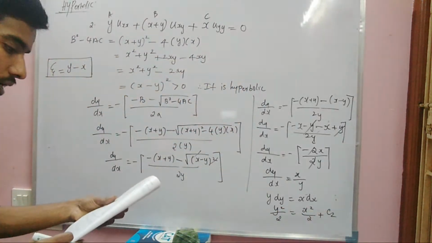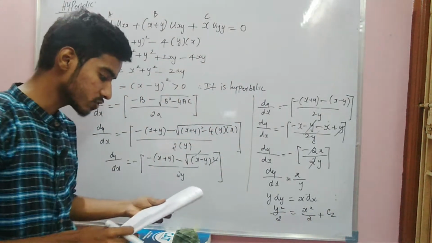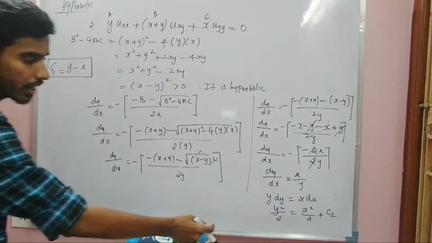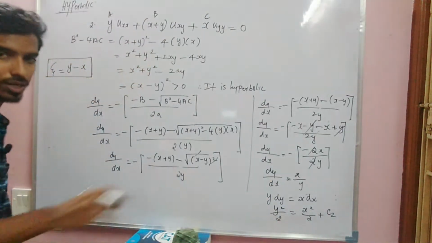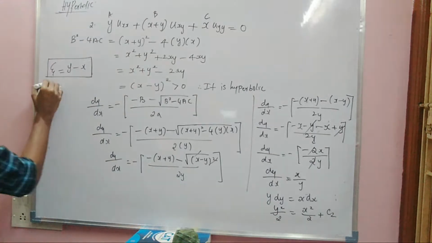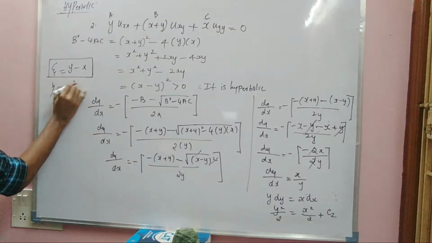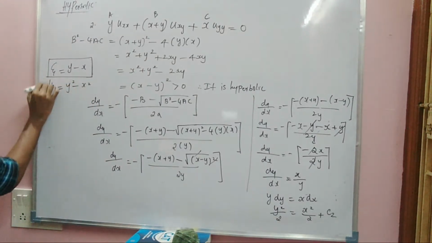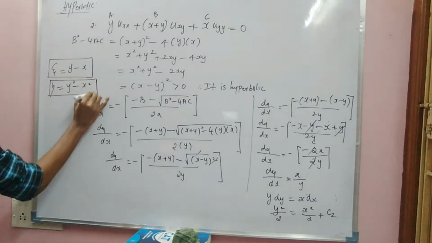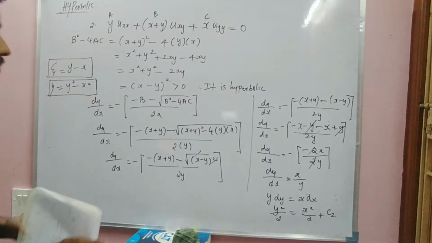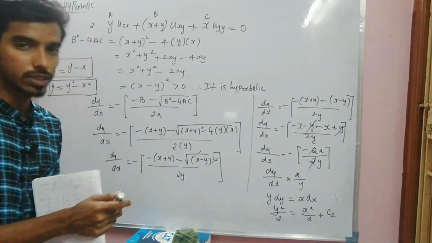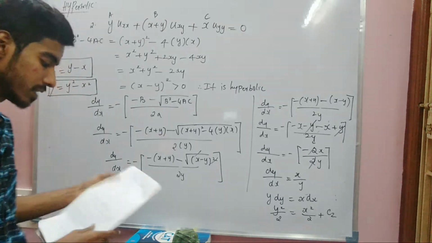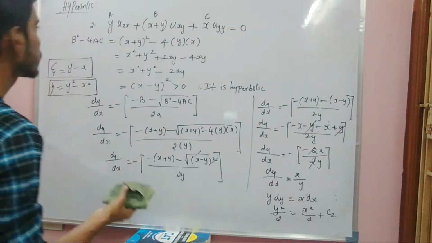So therefore our eta will be y square minus x square, right? I can neglect 2 because 2 is also a constant. So our eta will be y square minus x square. So we have found theta and eta. After that, what you have to do? We have to substitute in canonical form to find the answer. So therefore